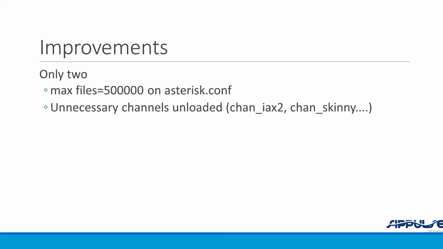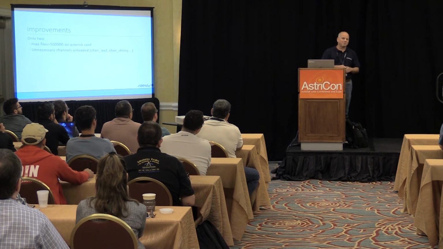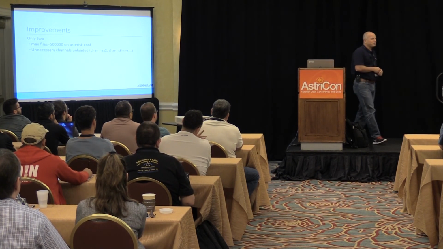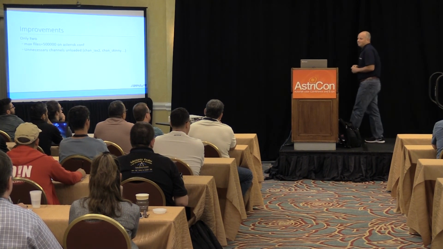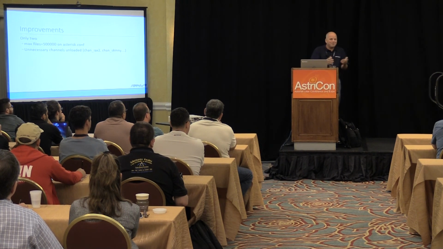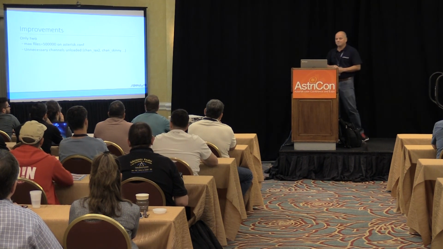But there's one tuning that you cannot avoid, which is the maximum number of files. If you don't set max files to something bigger than 1,000, which is the default, you will have a test so bad, like not even 30 calls per second. So the first thing you have to do is increase the max files default. It's funny, there are many PBXs installed still with max files at 1,000. And when we start to have retransmissions and lost packets, they say, hey, this Asterisk doesn't scale. No, not exactly. If you leave max files at 1,000, that is the default, it really does not scale.